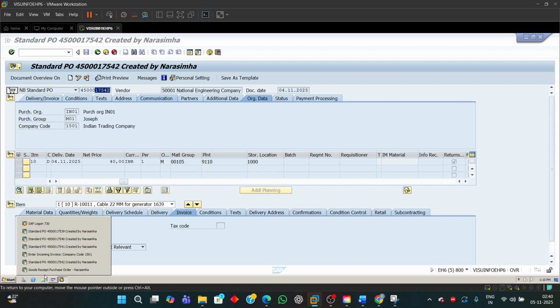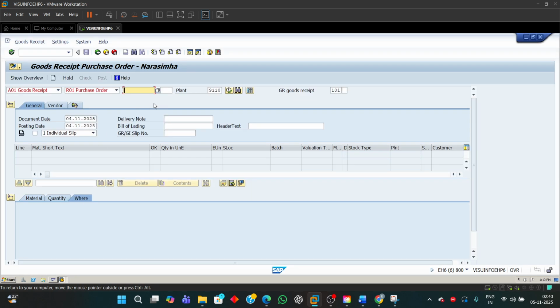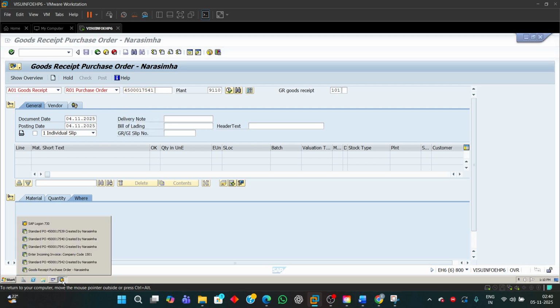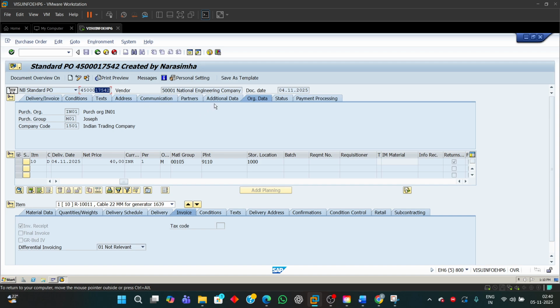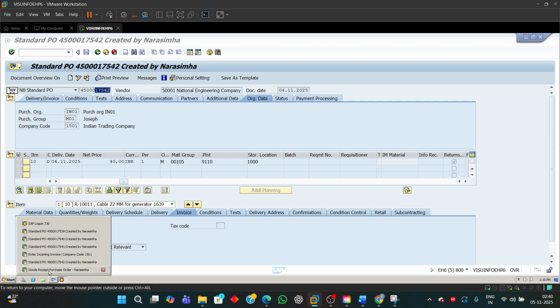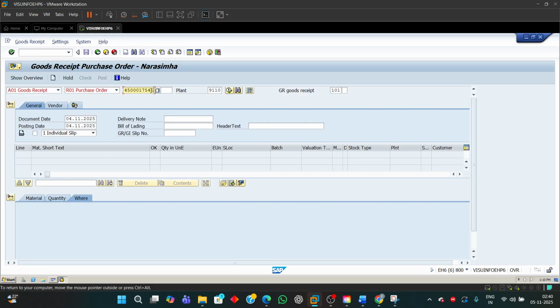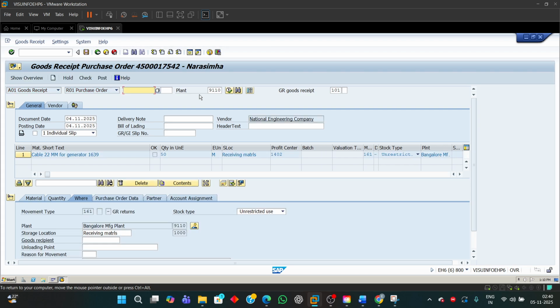Let me go to 17541. Okay, 17542. Yeah, the returns purchase order number is 17542. Put the returns purchase order number 42. Enter. As soon as you put the returns PO number and press enter, the system will immediately take the